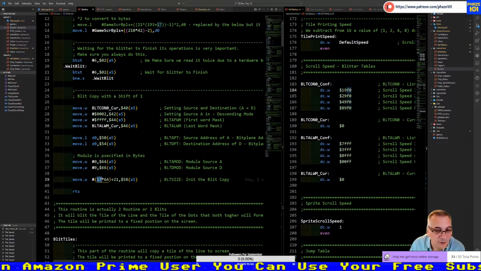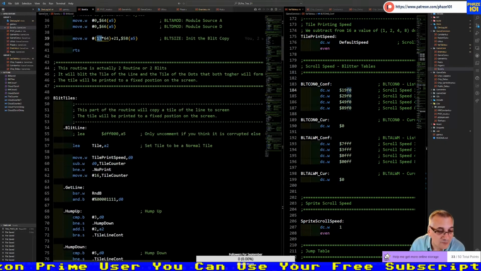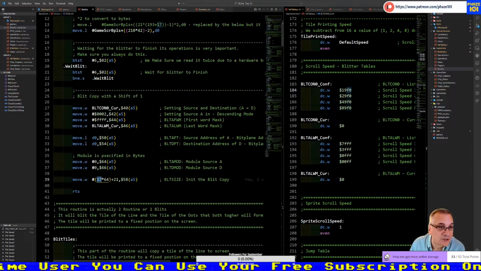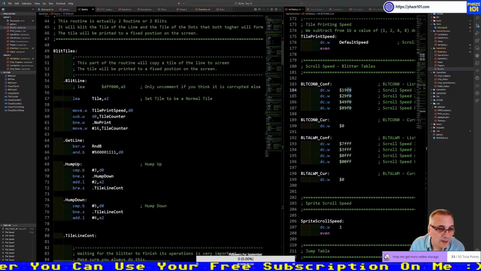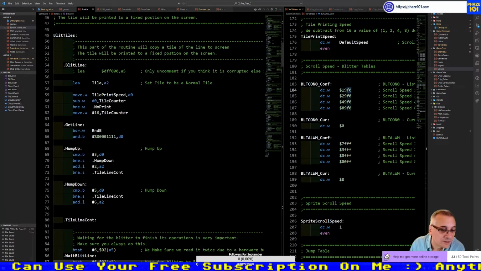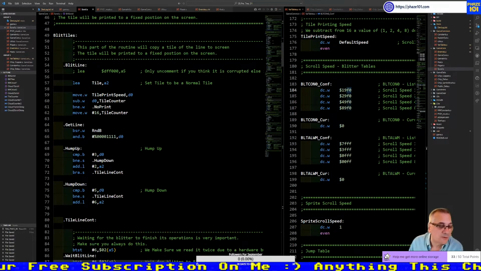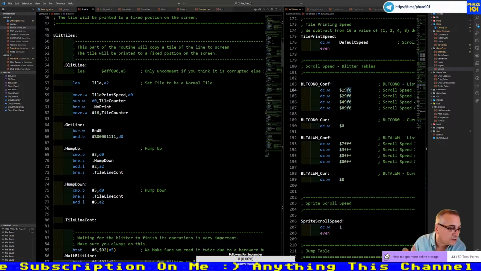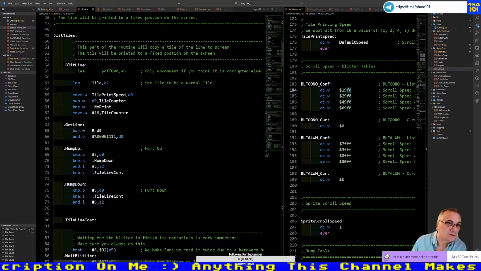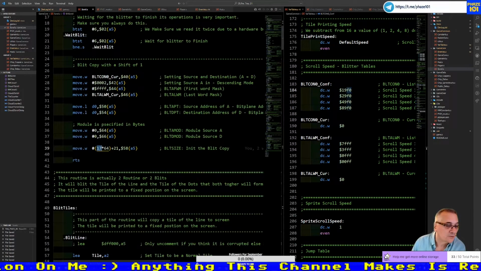So times 64 basically. Now if you follow the rest, this is for the scroll, and these are fixed. This is just copying a block from memory to somewhere on the screen, basically in the hidden area, and then this routine will scroll it.